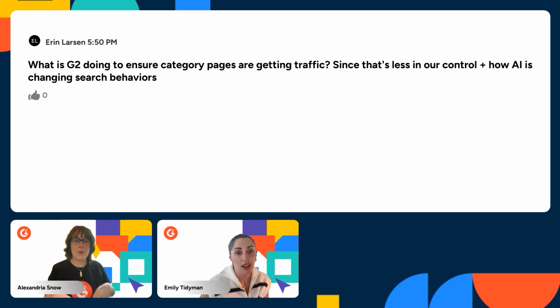Yeah, absolutely. So we're always looking into ways that we can optimize the entire G2 experience so that it's not only being capitalized for traditional SEO, because even though traditional SEO is changing, it is still relevant today. So we're still making sure that we're popping up as high as we can in SEO results. And then we're also working with tools like Profound to track the utilization of G2 as a source for LLMs. And that's why we can confidently say we're a number one source there.